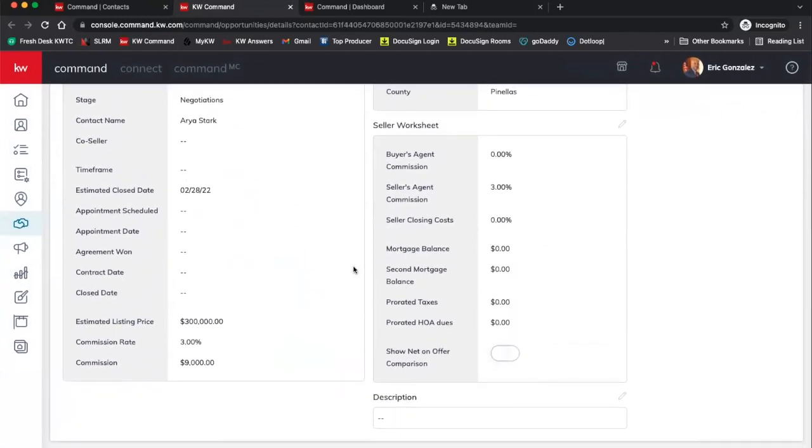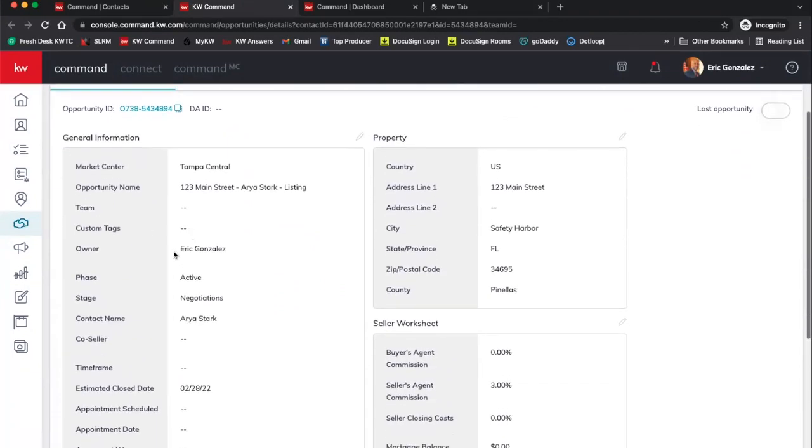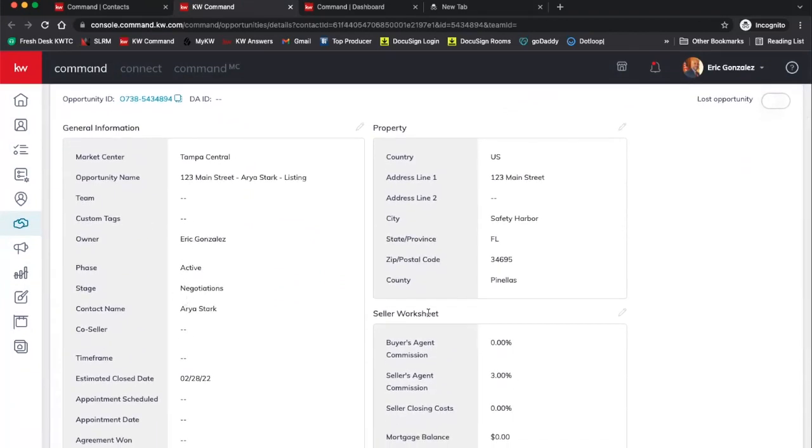However, the more information you plug in here, the more you can use the reports that are available via the reports applet as well. So that's pretty much the details tab. Everything you enter in here will filter its way over to DocuSign, and I'll show you what that looks like in a couple minutes. We're not actually going to do anything in DocuSign for today's class, but I do have